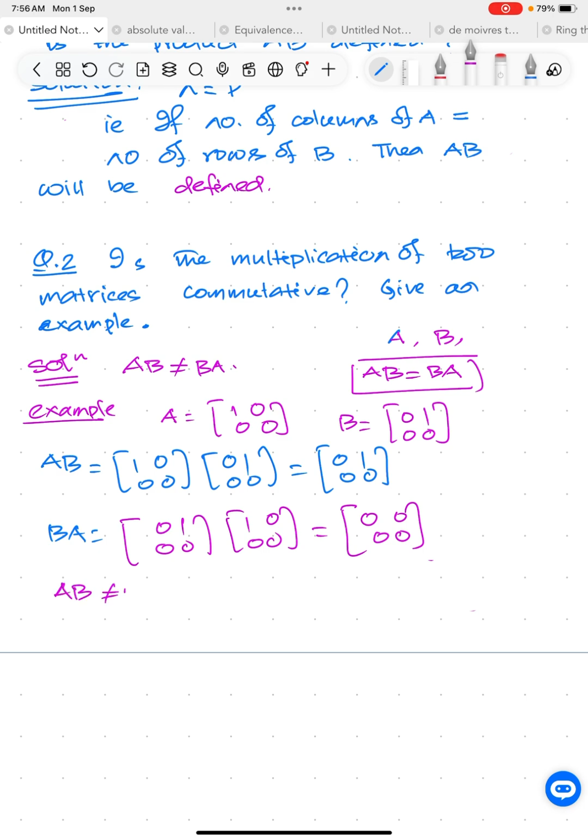So we observed AB not equal to BA. Therefore matrix multiplication is not commutative. Okay, so in this way we can answer this type of